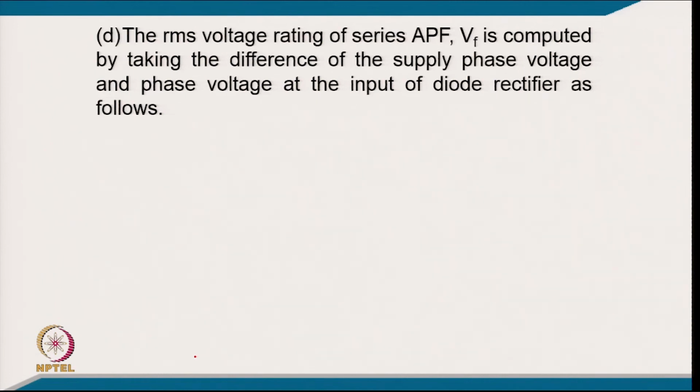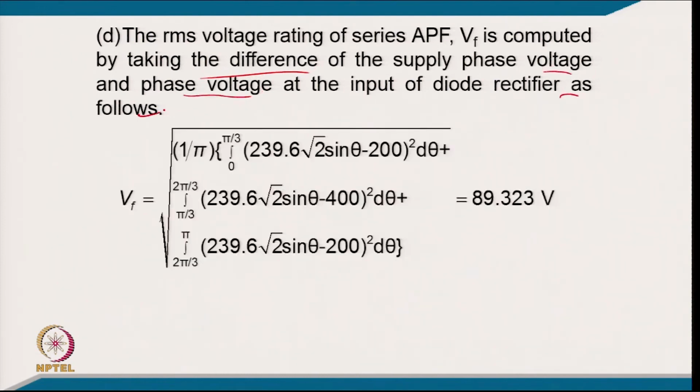The RMS voltage rating of the series active filter, VF, is computed by taking the difference of the supply phase voltage and the phase voltage at the input of the diode rectifier, as follows. So this is typically 3 segments, and only 180 degrees we are considering. From 0 to pi by 3, the phase voltage is the sine wave 239.6, that is the RMS voltage multiplied to get the peak voltage, into sin theta, minus VDC by 3. So we have 600 volt VDC divided by 3, that is 200, squared. Taking another segment, pi by 3 to 2 pi by 3, again the sine wave minus 2 VDC by 3, that is 2 into 600 by 3, that comes to 400. And the third segment, 2 pi by 3 to pi. So taking the half cycle, again the peak voltage sin theta minus VDC by 3, squared. So taking the RMS of this,